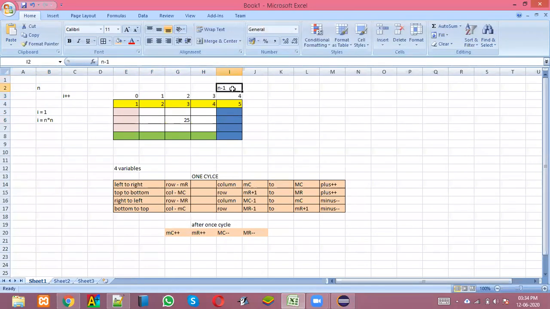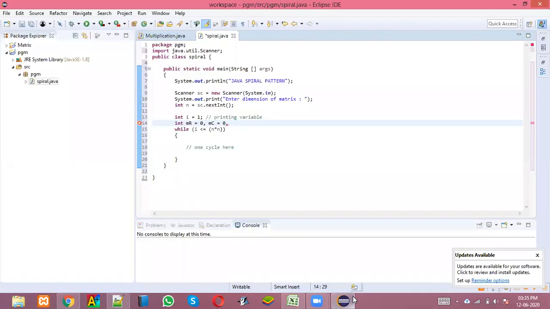Even here, this is going to be the n minus 1th row. Similarly, this is going to be the n minus 1th column. Which means maximum column is going to be n minus 1, and maximum row also is going to be n minus 1. So I'll declare maximum row is n minus 1, maximum column is n minus 1. That's it. So these are the 4 variables that I have initialized.